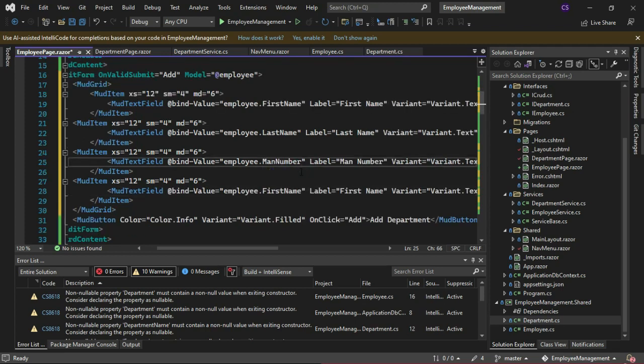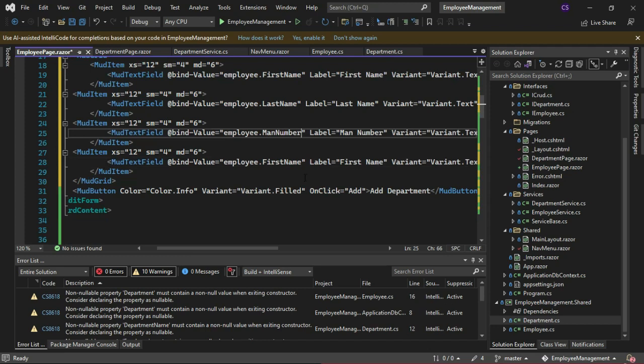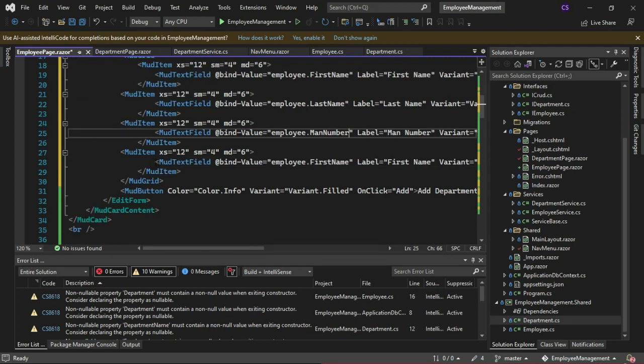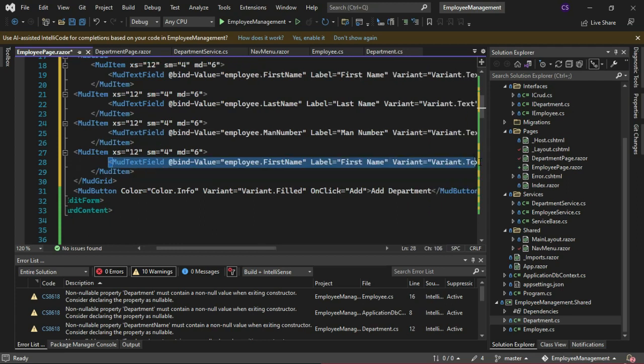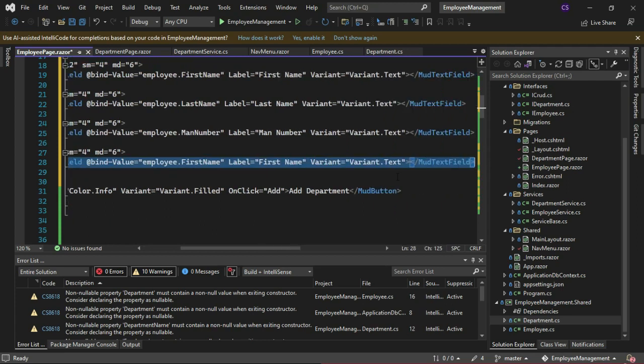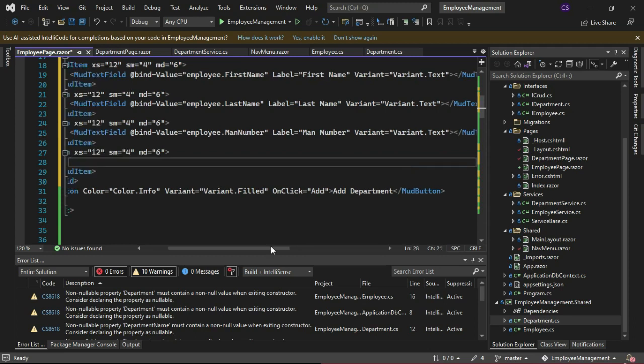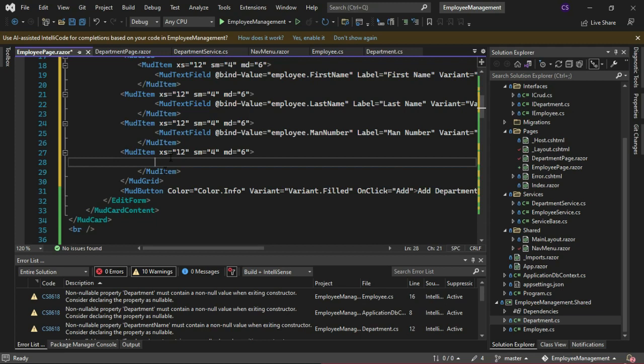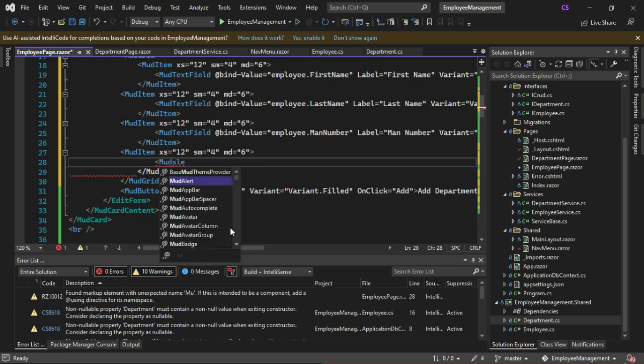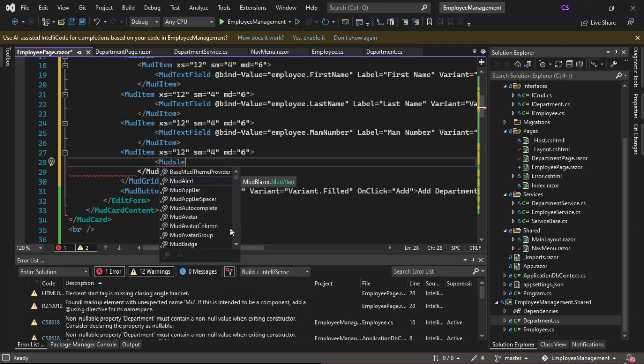So now what we're going to do is, instead of just using a mud text field, we don't just want people to be typing departments that they just dream about. We want the departments to actually come from the database. So this time around we are not going to have a mud text field. We're going to delete the mud text field but stay inside the mud item, and then we are going to add a mud select. Remember when I was trying to demonstrate in the beginning of the video, we were selecting from a list. So we're going to have a mud select,